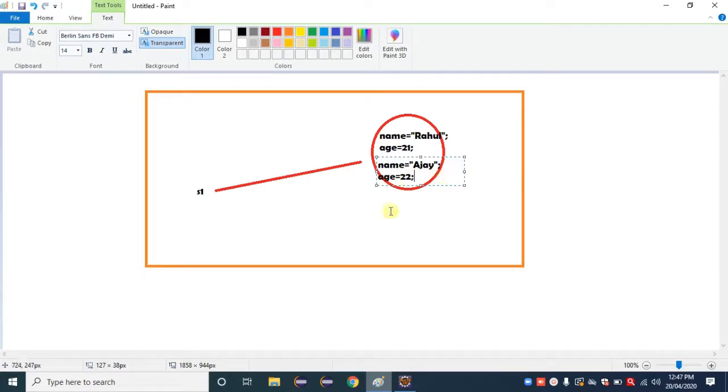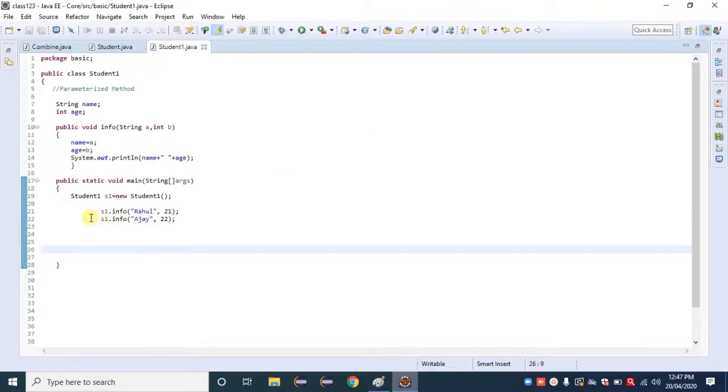Suppose we have 1000 students' data. We can simply pass s1.info with the next student's name and age, then s1.info with the next student's name and age. Likewise we can pass them, no problem. So inside memory, the total information about the students is stored and referred to by s1 as a reference variable.